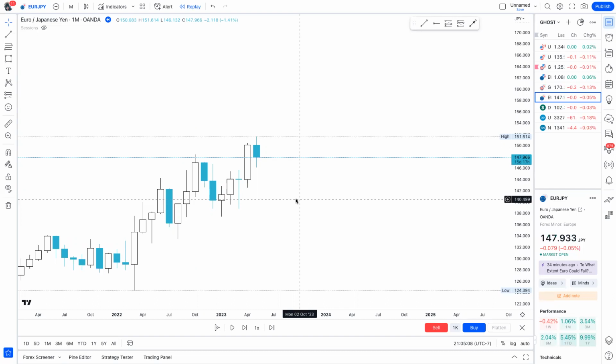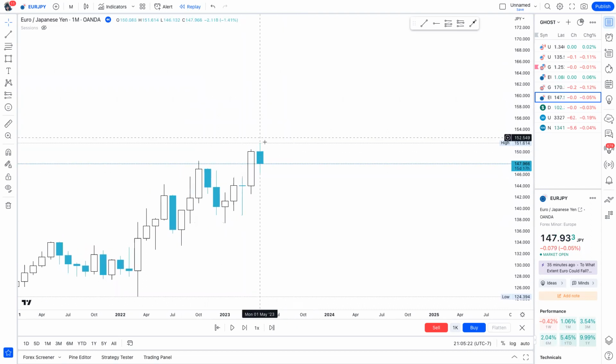They are the ones with the overall money, and they're going to be the big powers in the market. So what we want to do is figure out what they're doing, where they're going, and how we can follow them. So pretty much because we made a new high here, I can see that this candle is very bullish. And you can see when a candle engulfs another candle, its previous candle like this, we call